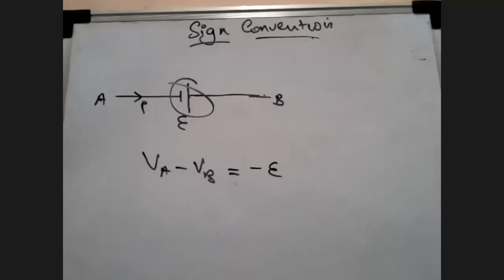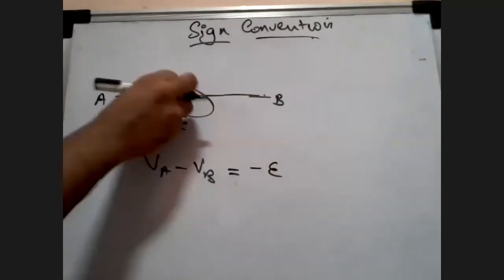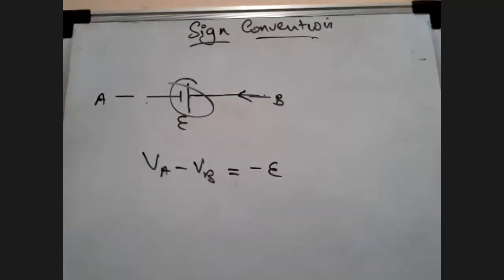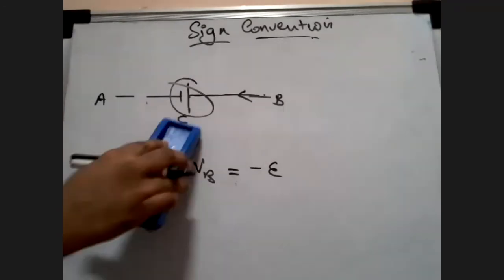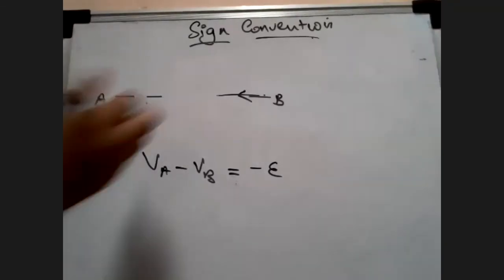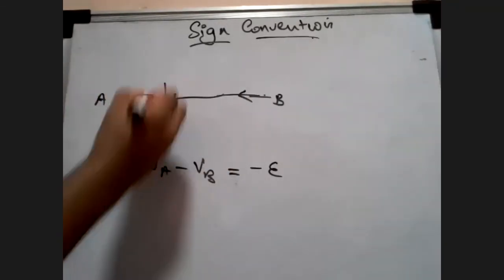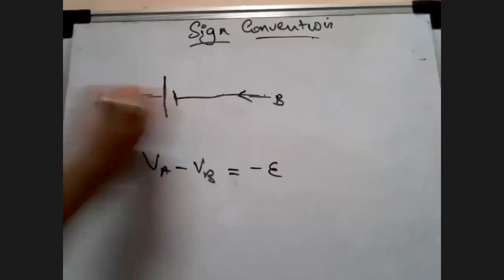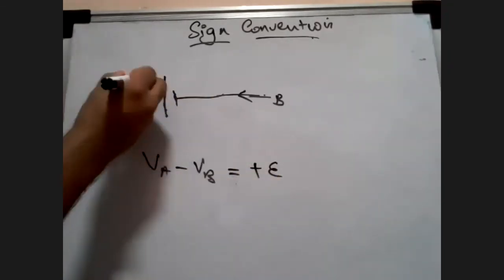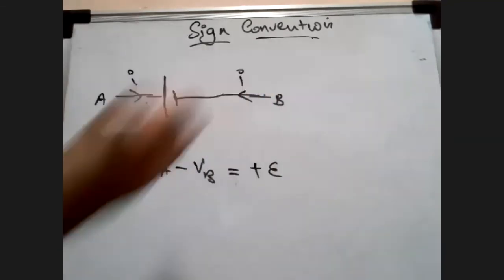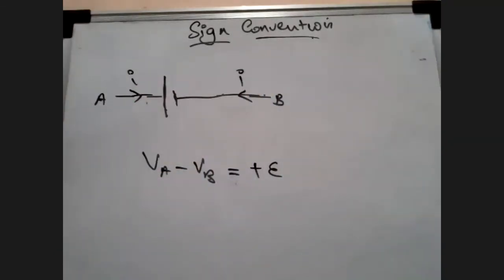Yes, it's going to be negative. So whether my current is in this direction or coming from the other direction, VA minus VB will always be negative in nature. If you consider the same thing in the opposite direction, the potential difference across A and B will be positive in nature, whether my current I is in this direction or that direction. It doesn't matter. Are these sign conventions clear, everyone? Yes, sir.